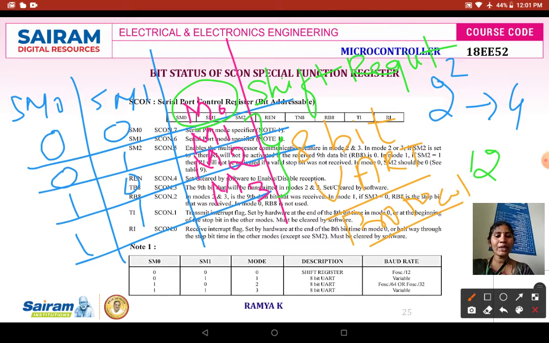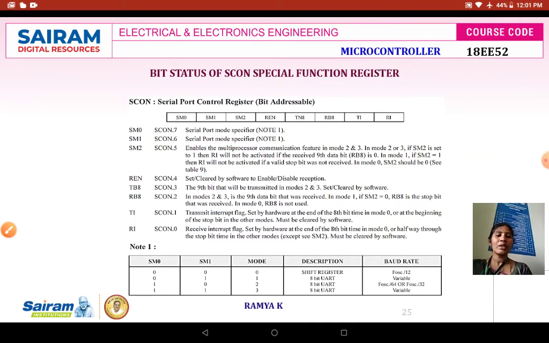You may ask, if all 3 act as an 8-bit UART, then what is the difference? The difference is in the baud rate. Baud rate means bits transferred per second. UART stands for Universal Asynchronous Receiver and Transmitter.